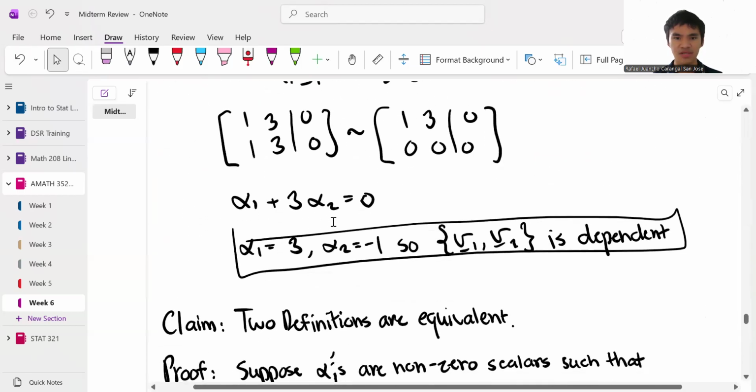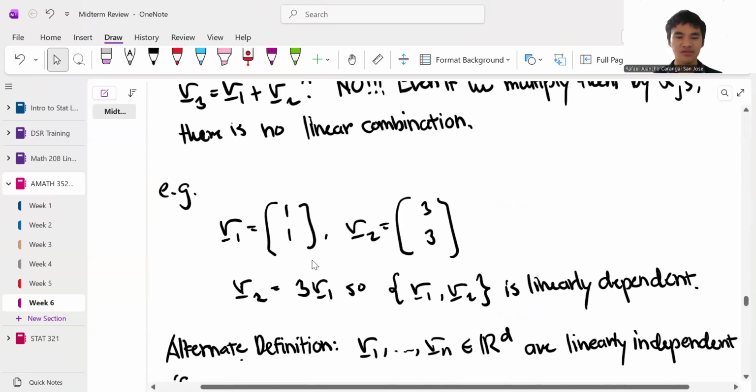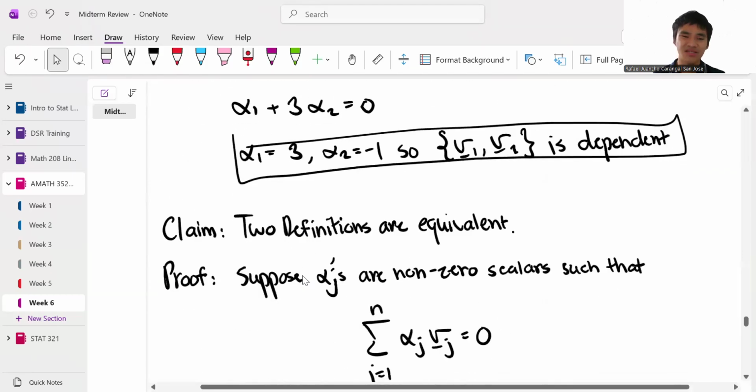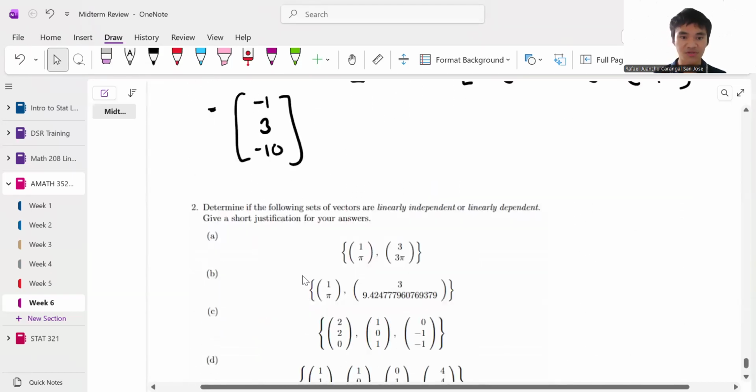Here we know this is dependent because we can write, I think we did the example here, V2 as a linear combination of V1 with a scalar of 3. This is a non-trivial linear combination. So we could do that. But I would say the easiest way is to just do the alternate definition because it's a more systematic way. But we could do the first definition,